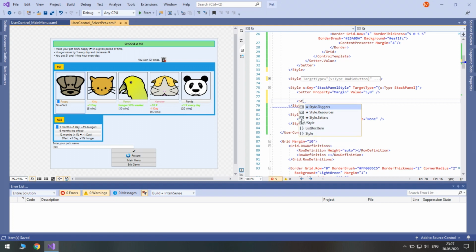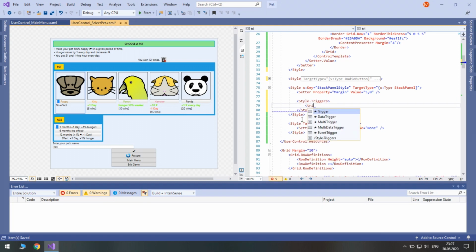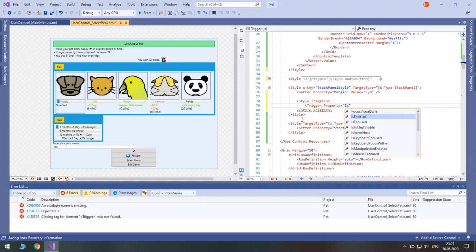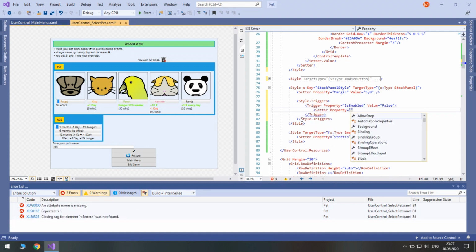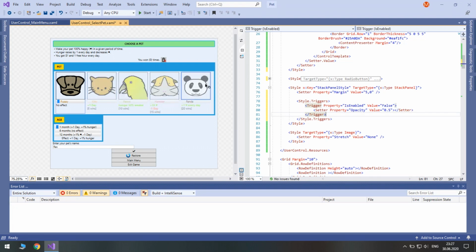When they are locked, we need to access Style.Triggers, and let's add a trigger for the property IsEnabled. And when its value is false, we will change the property called Opacity and decrease its value by half, so to 0.5. Because these images are not enabled, that is, IsEnabled equals false for these pictures, their opacity is decreased, like here. This image is enabled by default, because we don't need to unlock it. That's why its opacity is 1.